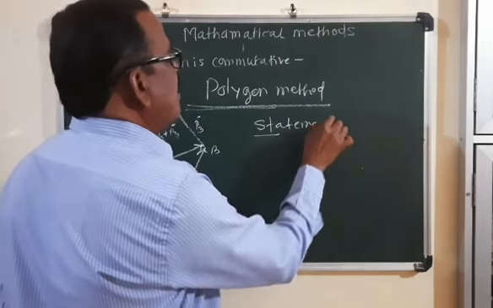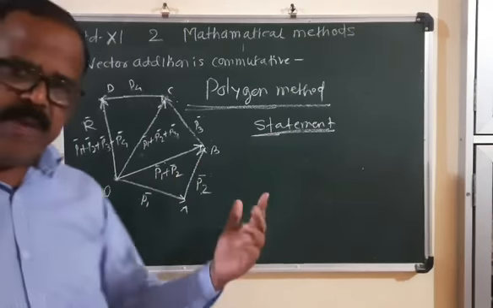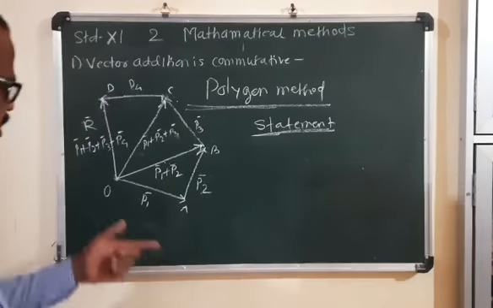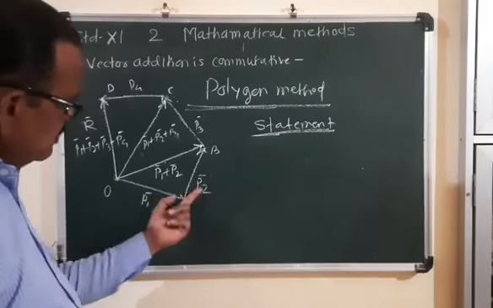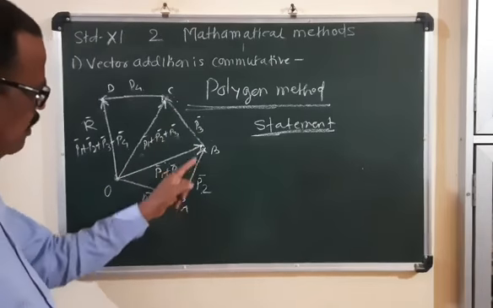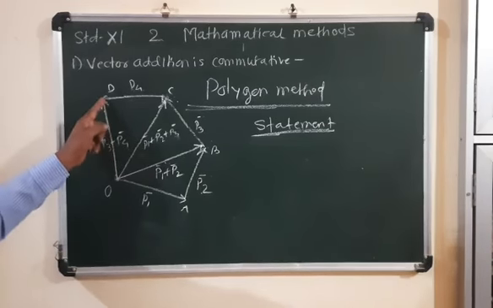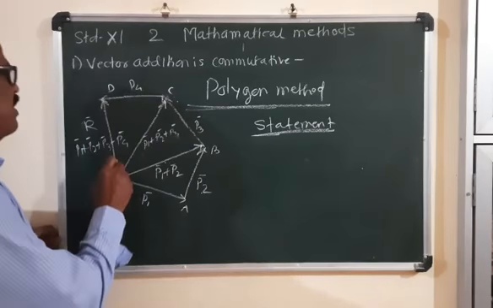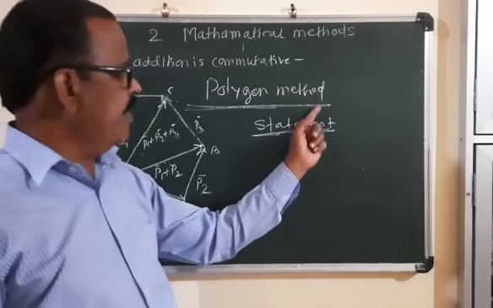If a number of vectors are represented in magnitude and direction by the sides of a polygon taken in order, then the remaining side of the polygon, which represents in magnitude and direction, can be drawn from the starting point of the first vector to the end point of the last vector. In this way we can explain the polygon method